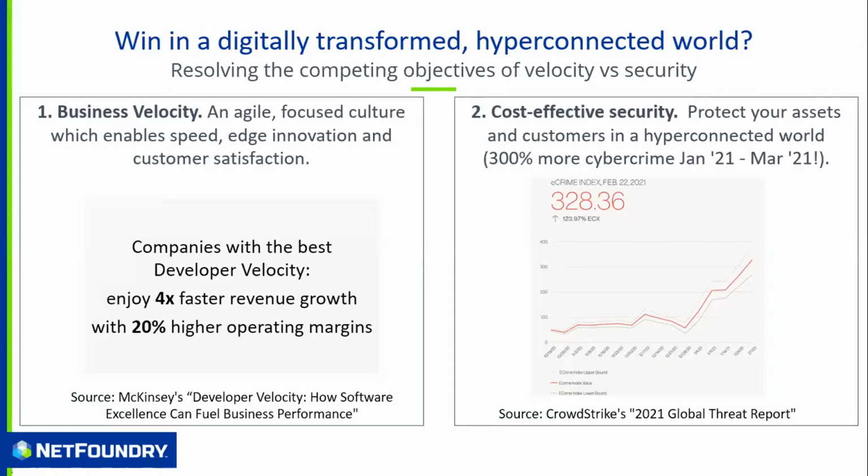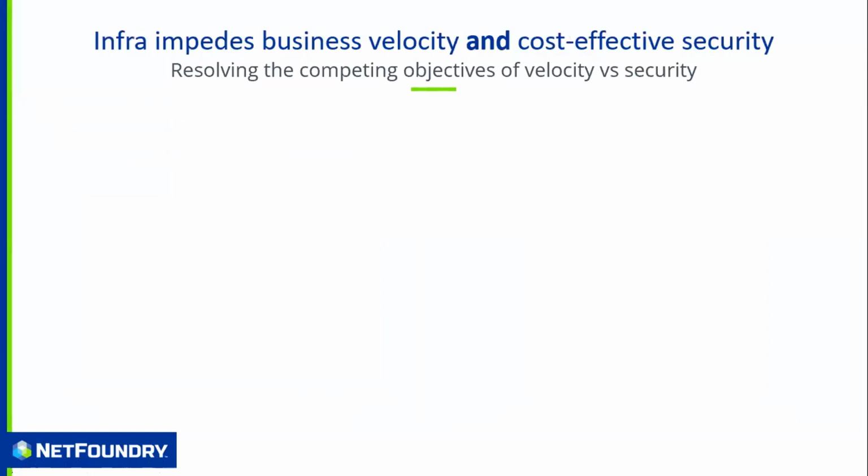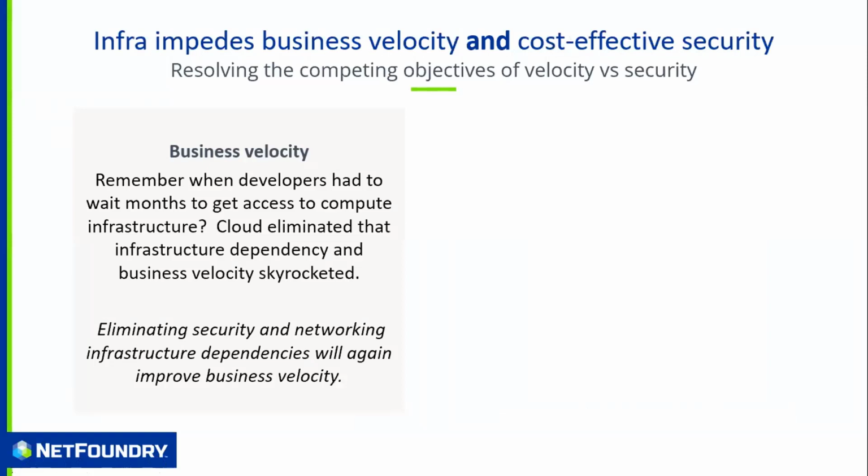We're very bad at this at the moment, just in general across the world, and we see that due to the pandemic of ransomware that we have. And we fundamentally believe that comes from the original design architecture of the internet. So this is an issue because delivering agility and security are competing objectives. And the way that we see resolving those competing objectives is to take away the infrastructure.